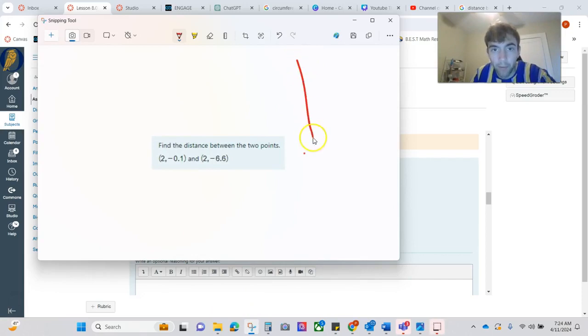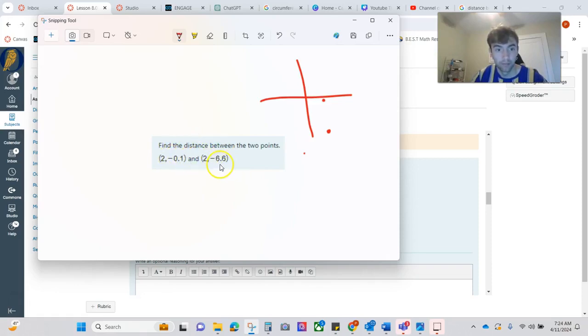Let's see about where these 2 points are going to be. 2 and negative 0.1, so like right here, and then 2, negative 6.6. Okay. Looks like the x value doesn't change, so we can ignore that first number because it doesn't change. There is no distance between the first number. There's only a distance between these